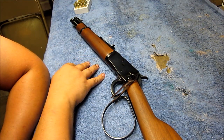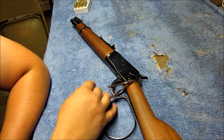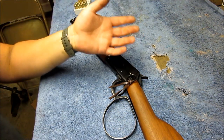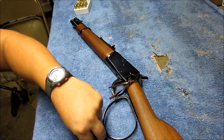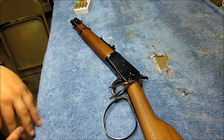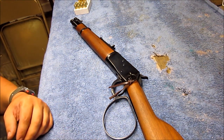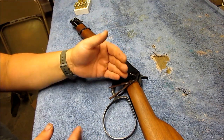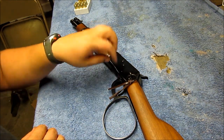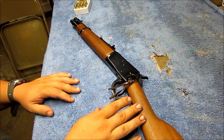Now the guy he called and talked to, I'm not going to mention his name. He worked at the call center as a supervisor, correct? He was the supervisor at the call center. He was basically telling him, I want the Rio Grande stainless. He says, I cannot just do that. You send me the weapon, and I tell you what, if we find that it is defective, I will make that happen for you. And he says, let me just clarify this. You're saying if I send this weapon into you...